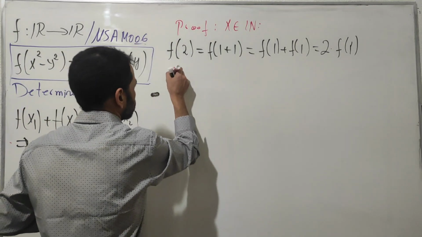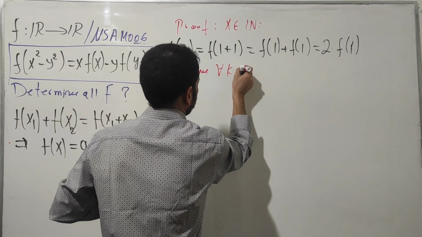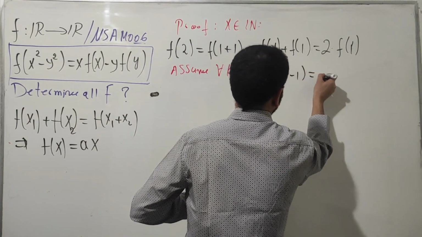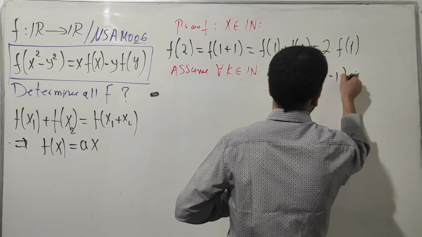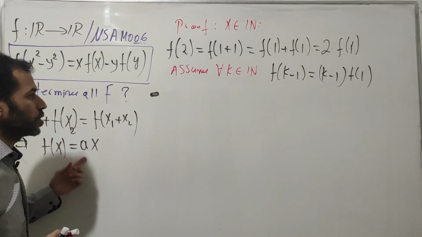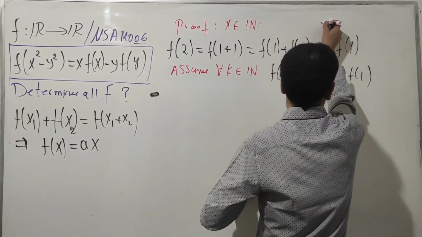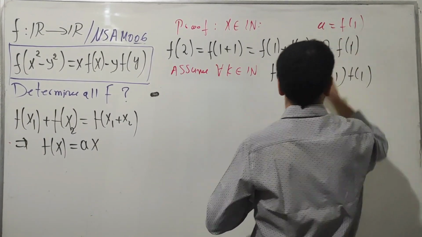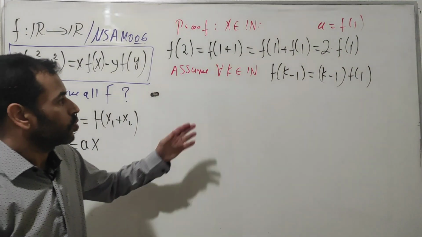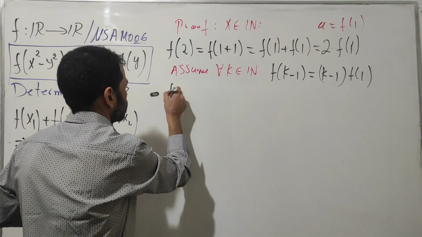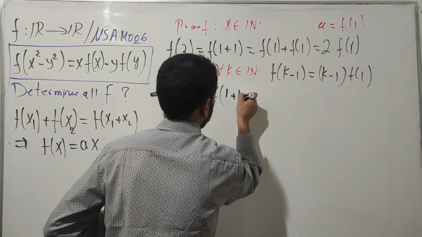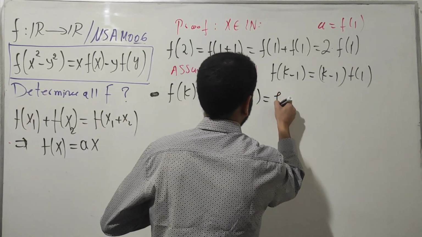So let's assume for k as a natural number, we have f of (k minus 1) equals (k minus 1) times f of 1. Okay, so f of 1 will be replaced with a. Let's put a equals f of 1. There exists some a which verifies this. We are going to prove f of k, which is the same as f of (1 plus (k minus 1)), which equals f of 1